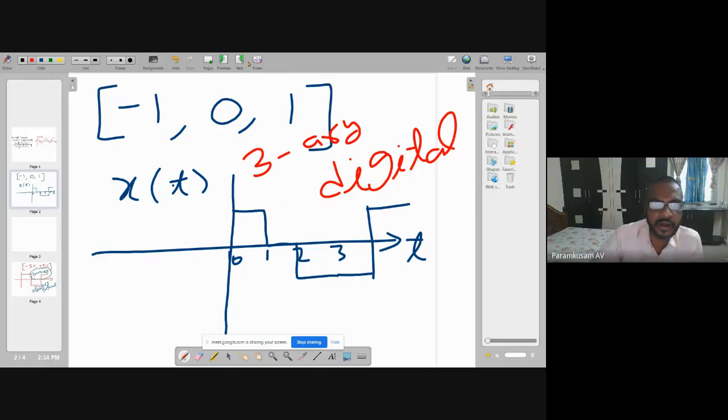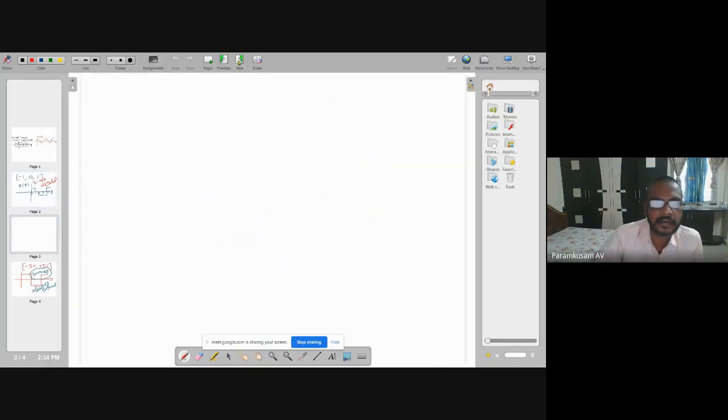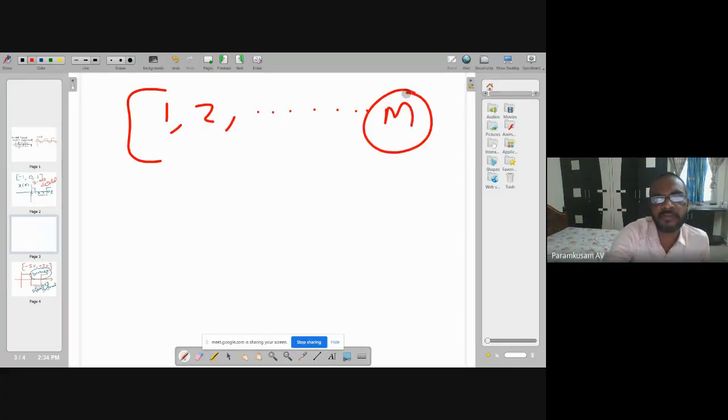Suppose we have M symbols. M number of symbols are there.